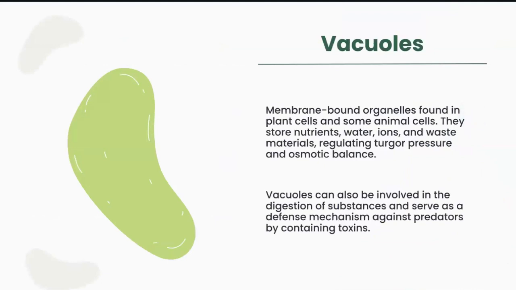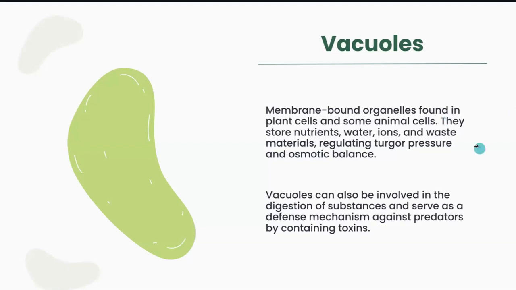Fourth is vacuoles. They are membrane-bound organelles, which kind of just means that, I explained it actually in the previous ones, but they are found in plant cells and some animal cells, not all. Their job is to store nutrients, water, ions, and waste materials. They're also involved in the digestion of certain substances, and they serve as a defense mechanism against things like toxins